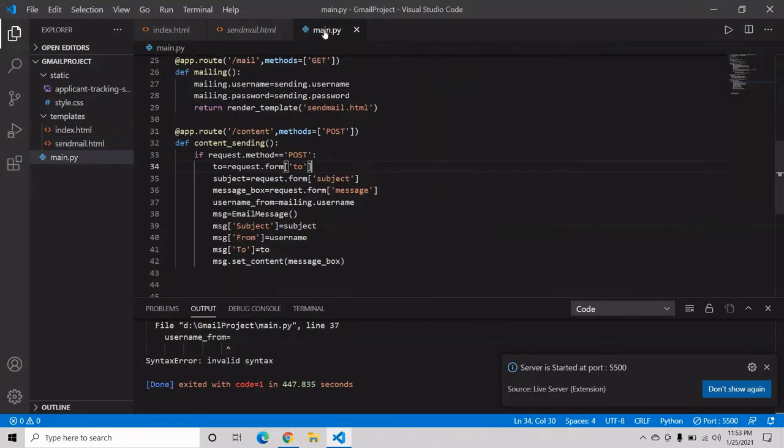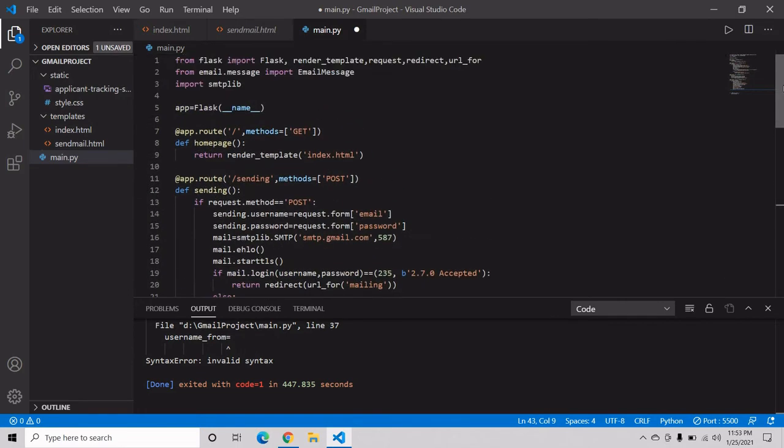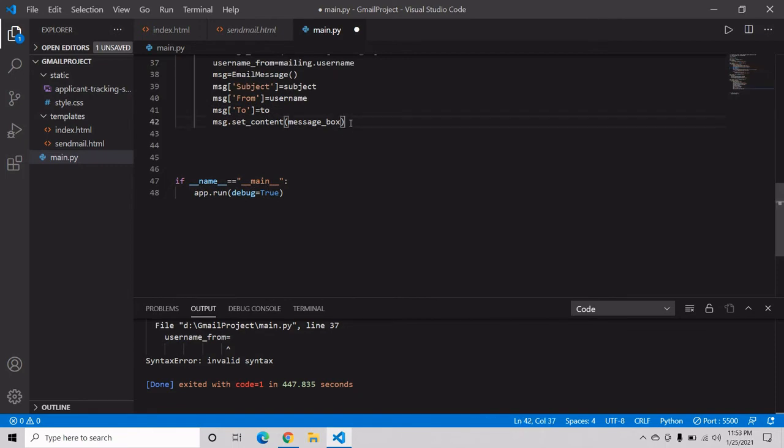So now let's go back to our code. After setting the content, we have to initialize our mail class also. Now again, okay, I'm going to copy it again. We have to log in again actually. Suppose I'm going to paste over here.